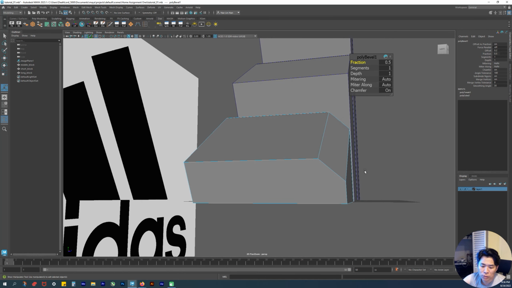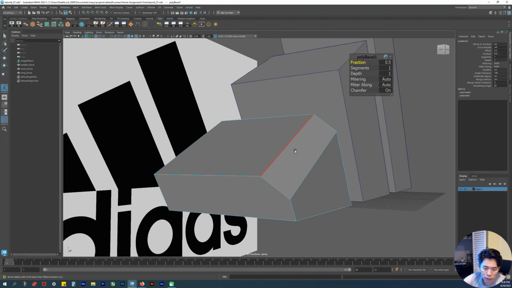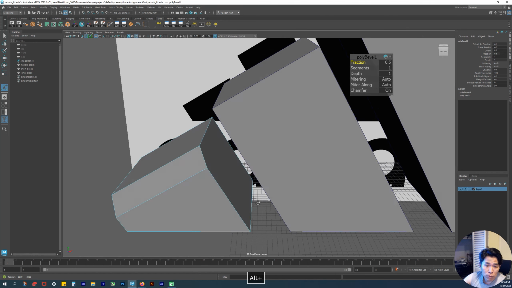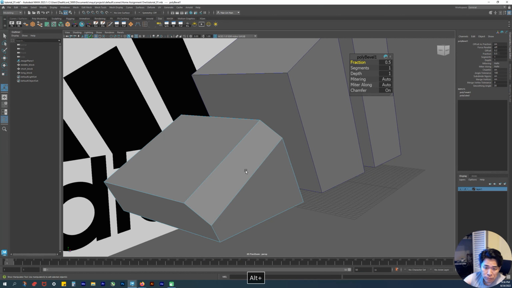Because in real life, when you're making things, there are gonna be subtle little bevels because it's manufactured. It's not gonna be a perfect edge corner. It's never gonna be a perfect corner. We have a slight bevel to add realism, but this bevel is really